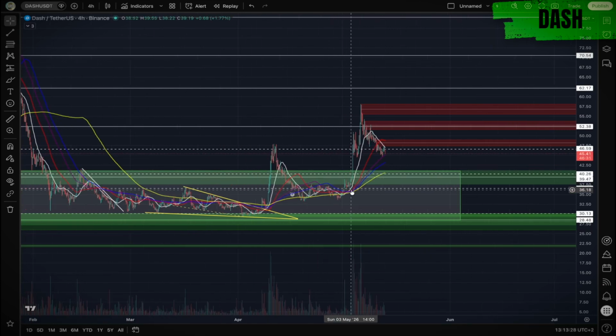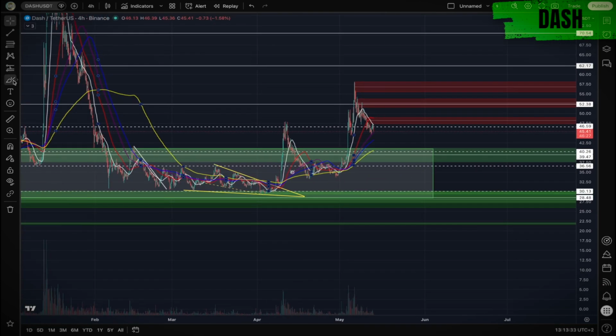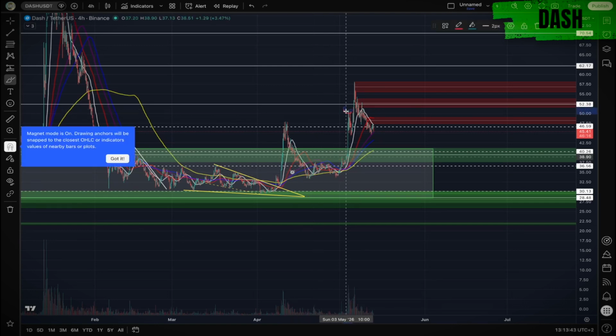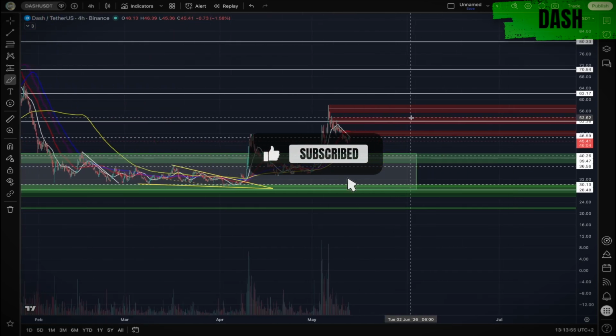Now, we've previously had a nice breakout of the trading range, which we were in for most of April, and here it is. Here's the bottoming pattern, a very clear, definable double bottom with the 200 MA on this time frame acting as nice support. Then we had a nice break above with a higher high, and we've since had another little rally up, but it may seem like the buyers are getting a little bit exhausted here